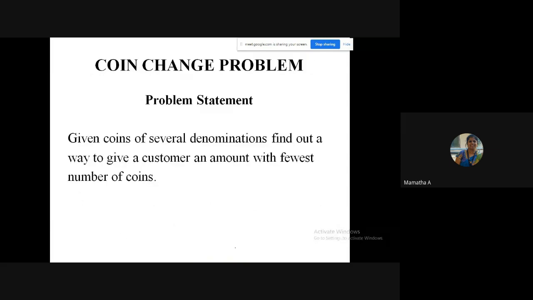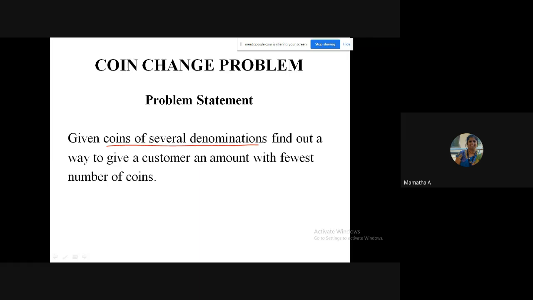Now, going on to the problem, very quickly we'll deal with that. The coin change problem. It is very simple, where we have a greedy approach. Say I give you coins of several denominations. Say you are a bank person or some shop person. You have coins of several denominations.